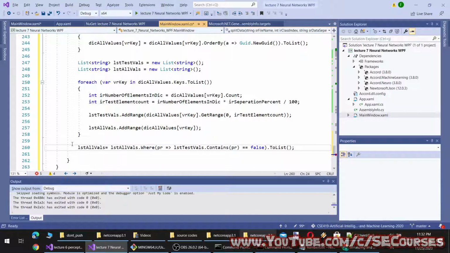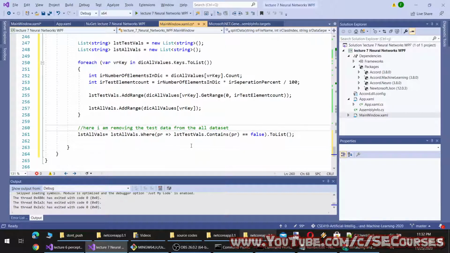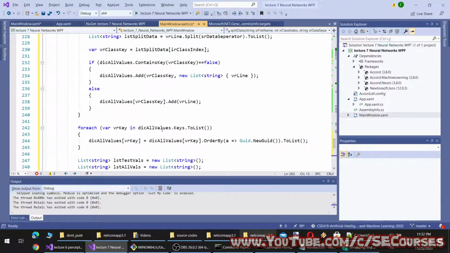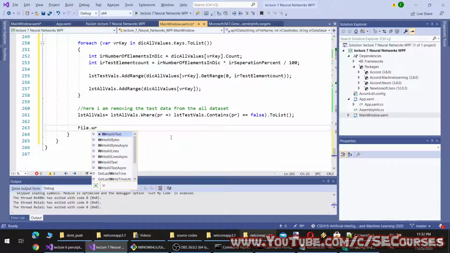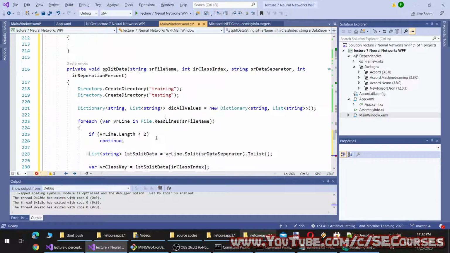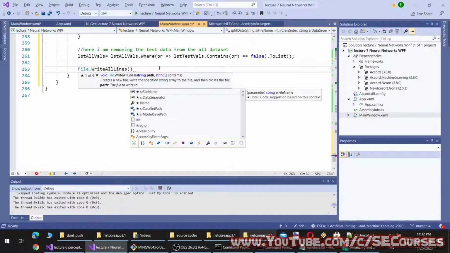So here I am removing the test data. And then I'm going to save it like this. Okay, file write all lines, as, yeah, it should work from our model.